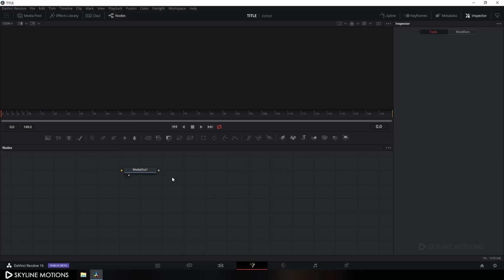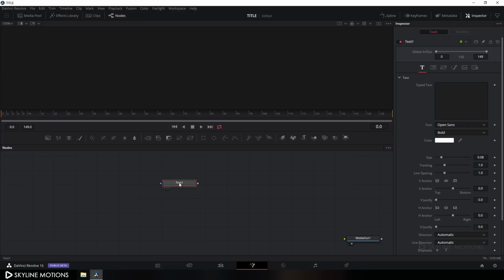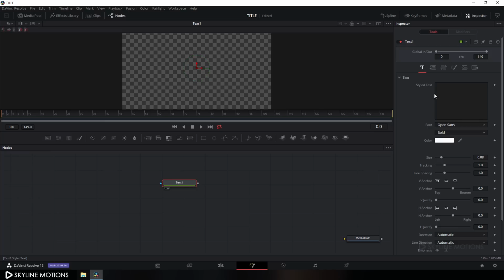And here we get media out, so just drag this media out into this corner, and let's take a text node. So click on this text button and drag this text to the viewer, and let's type a text, whatever you want to type. So I'm typing animated titles,